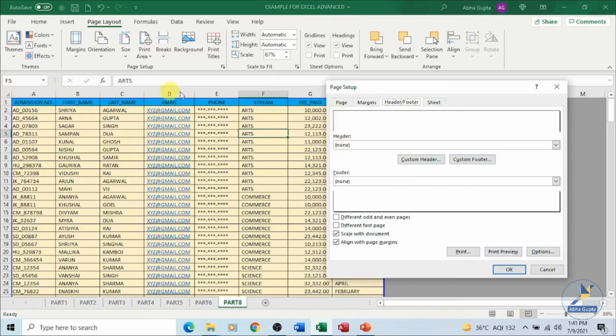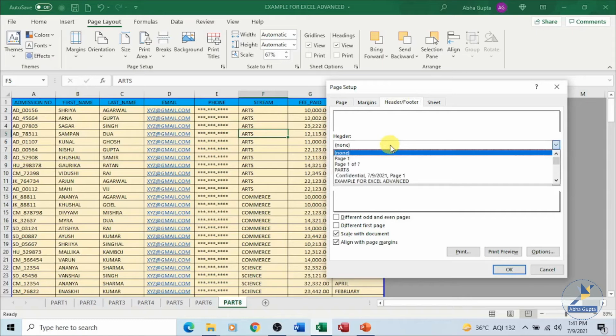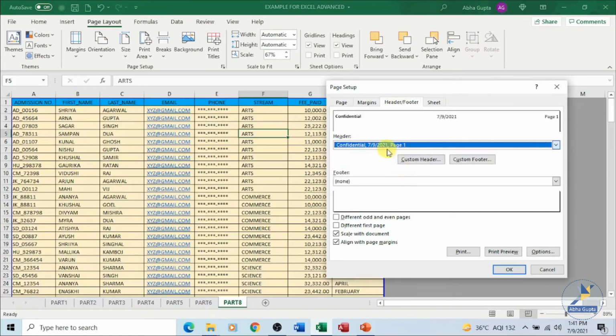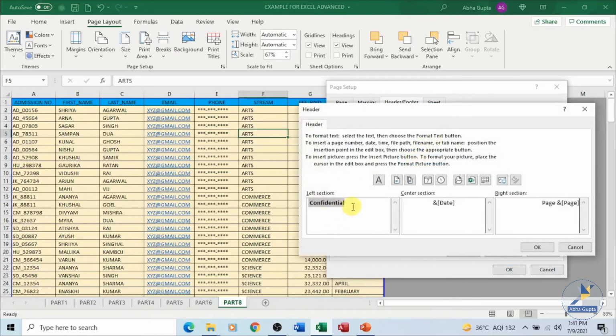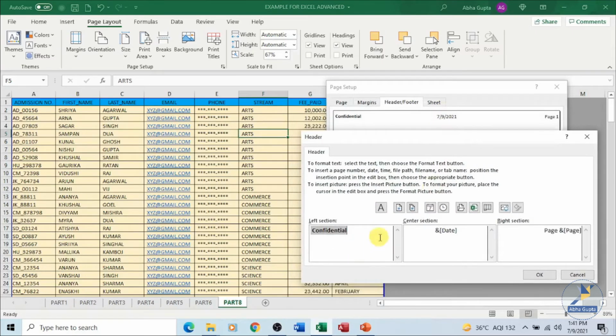We want something to appear at the top of each and every page where we are taking a printout. Say I want to add, this is some confidential information over here. This is what we want. If I want, I can add a custom header also. Instead of confidential and date and something like this which we are getting over here,